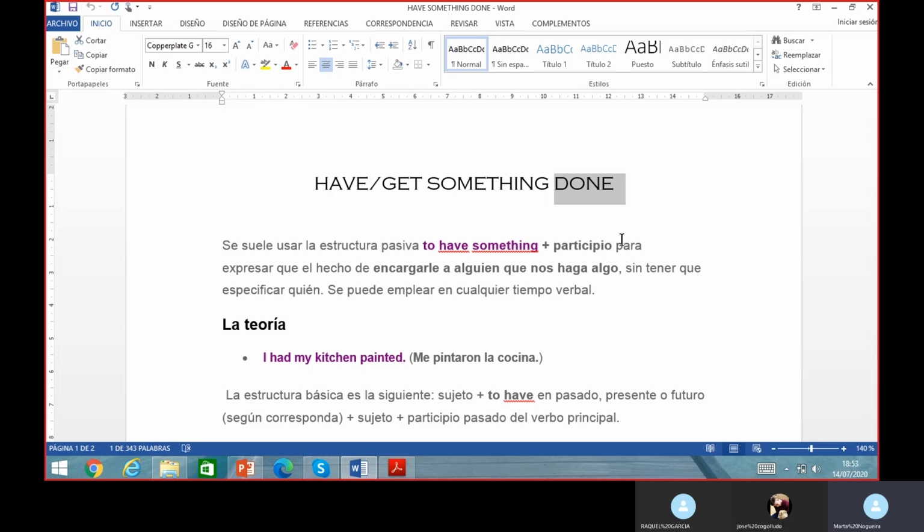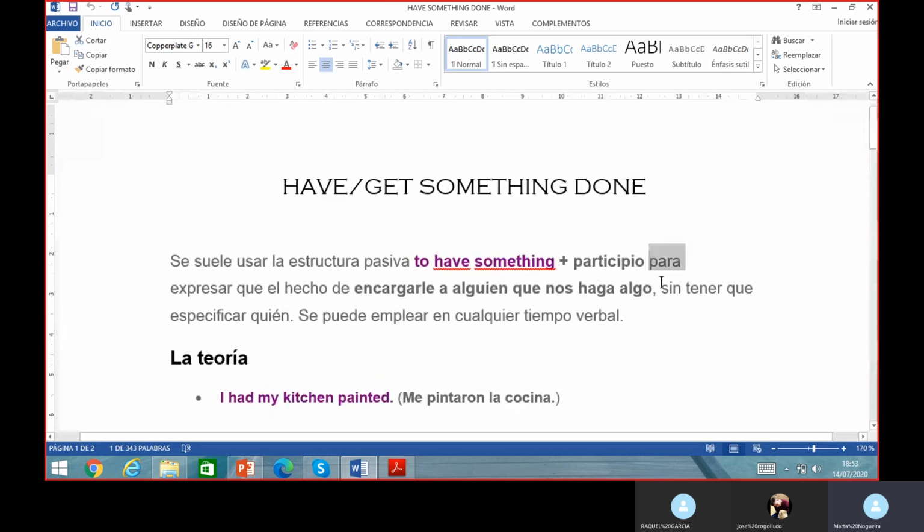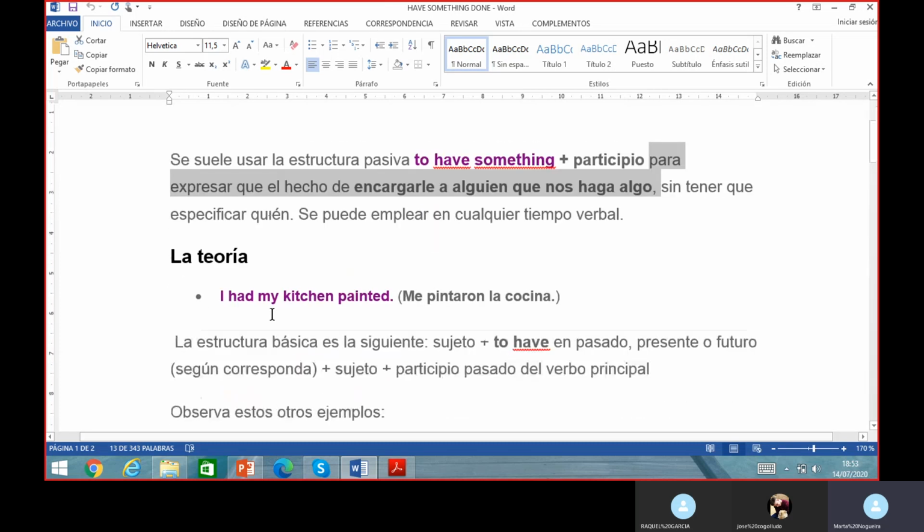Okay. Why is this structure used? This is used for expressing the fact of telling somebody to do something for us. Le decimos a alguien que nos haga algo a nosotros, okay? And we don't have to specify who was the person who told us to do whatever. Okay, so for example,